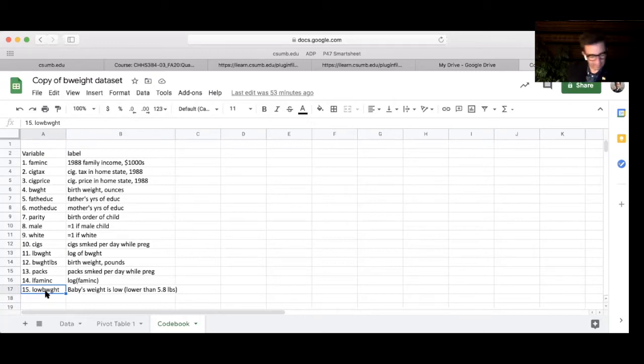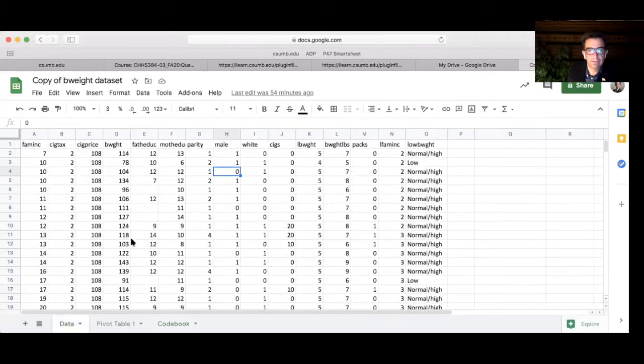This one is just a categorical variable that classifies whether the baby was low birth weight or normal and high birth weight. And by the way, a baby is considered to be born with low birth weight if the weight is lower than 5 pounds 8 ounces. Okay, so let's go look at the data, and you can see here